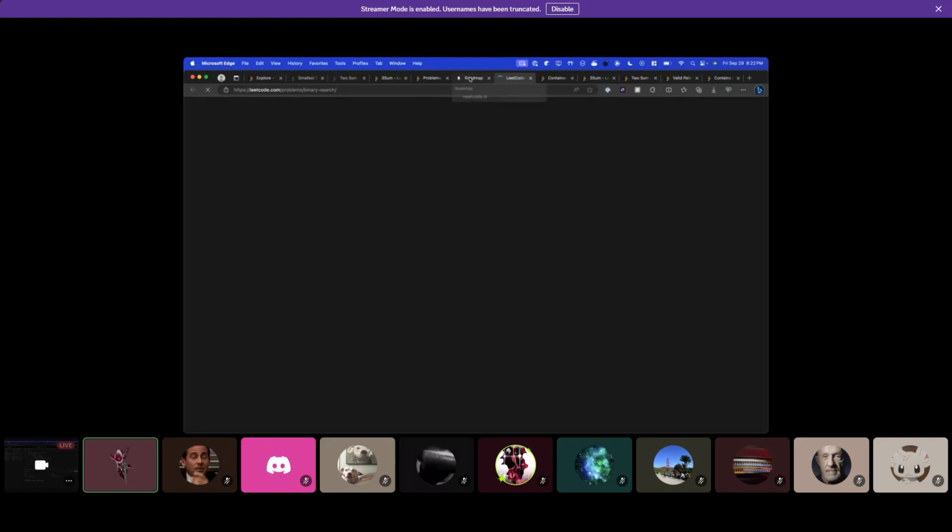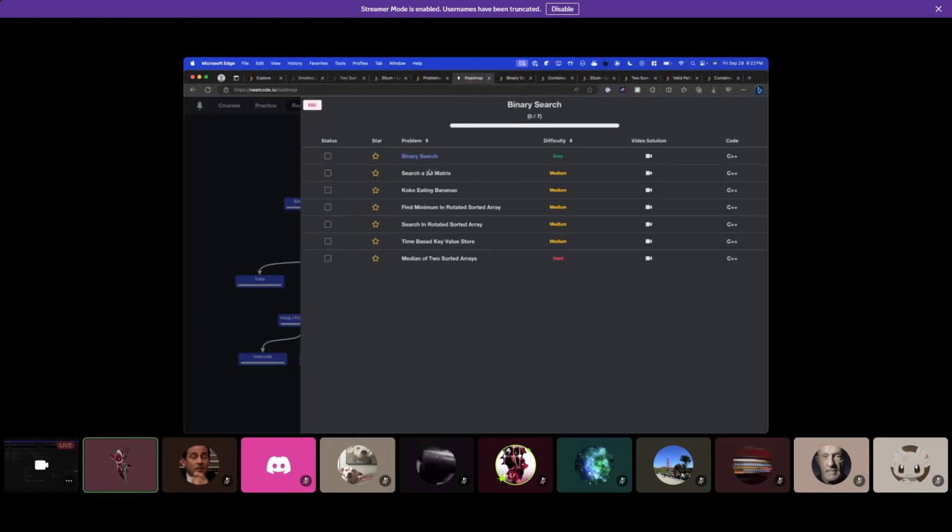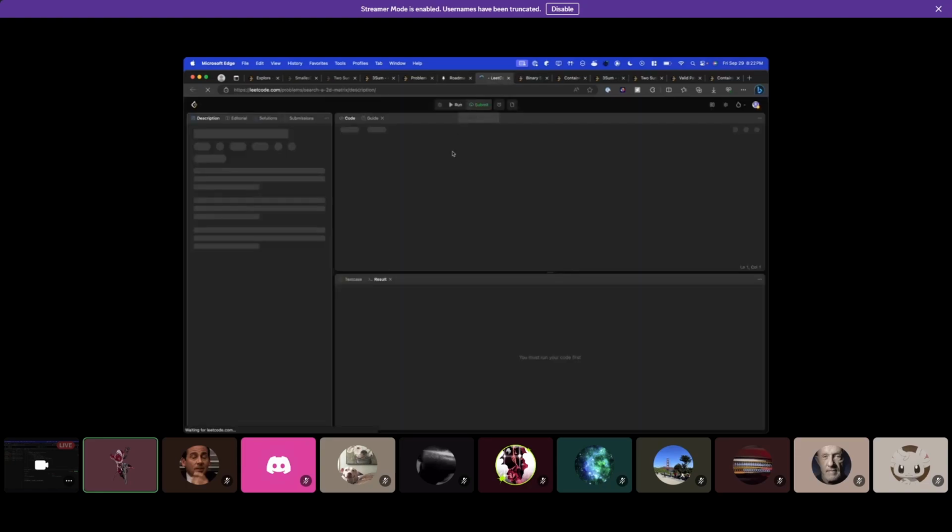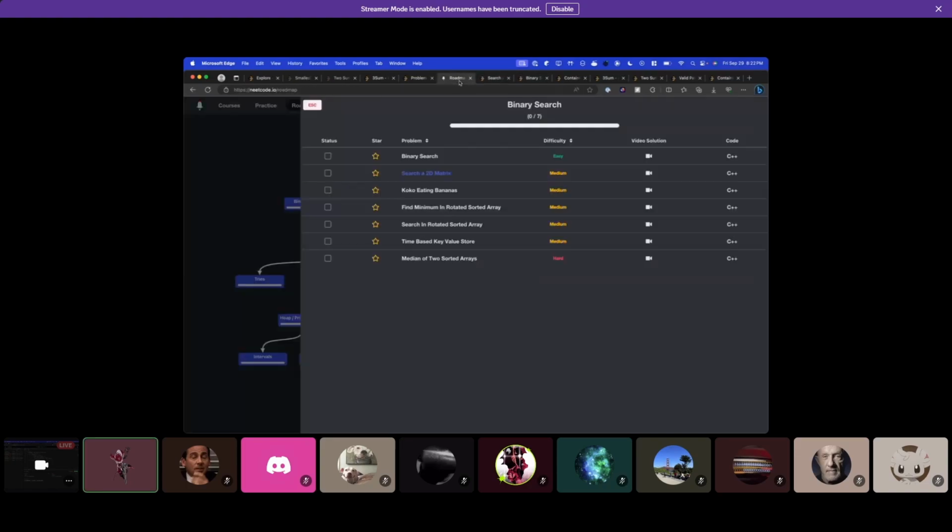This is literally implementing binary search. And then the next one is searching a 2D matrix, which is, again, you're using binary search. All of these are just binary search. Once you understand binary search, you implement the exact same algorithm with slightly different tweaks, and you get the